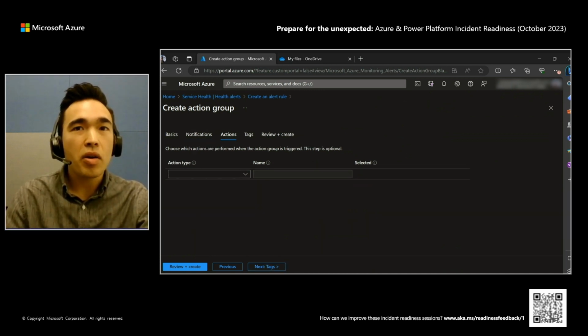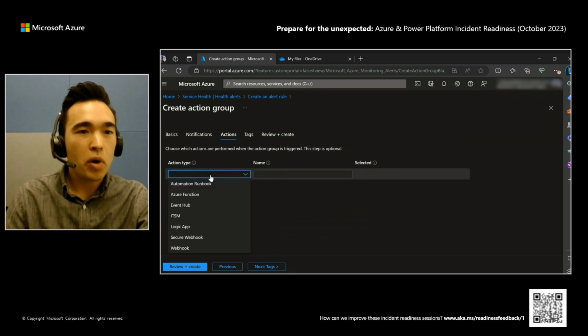All right, next, there are different types of actions that you can also have for your action group. This also supports things like Azure Functions. You can push to an Event Hub resource. And then there are also webhooks that you can integrate with your IT service management system. Well-known ITSM platforms such as ServiceNow, PagerDuty, and OpsGenie have integration features that allow you to send